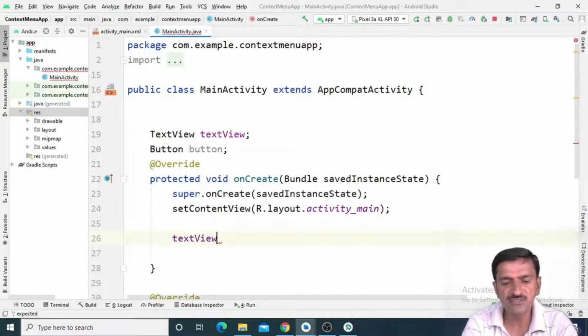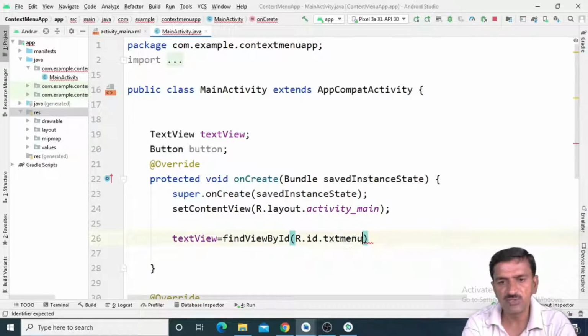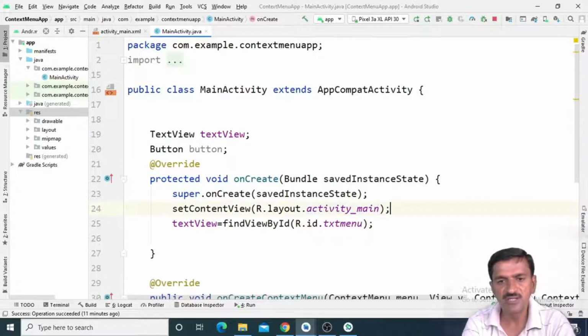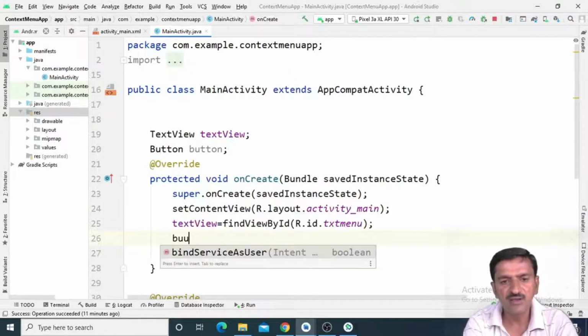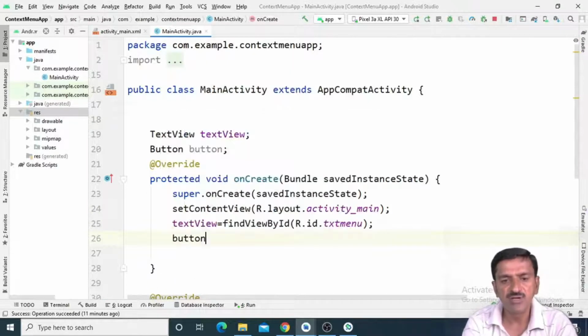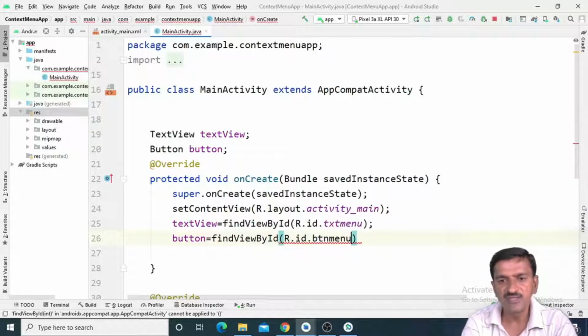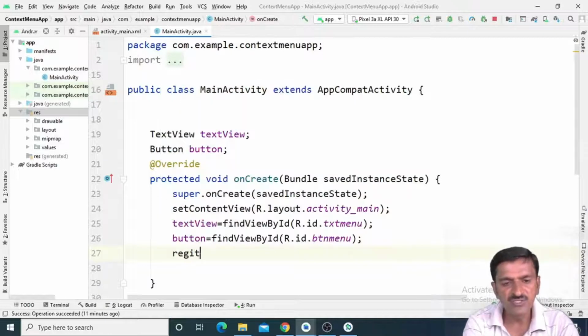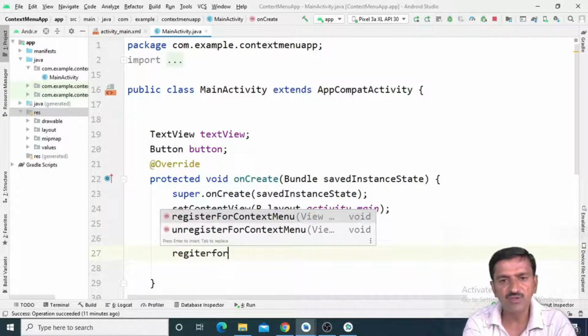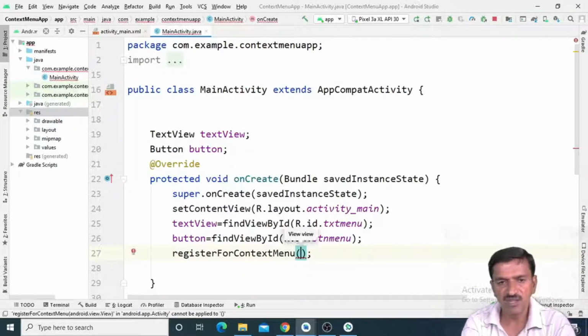To initialize, we need to use the findViewById function, R.id.txt_menu. That is the id given to this text view. Similar to that, I am initializing this button. I am using the findViewById R.id.btn_menu.